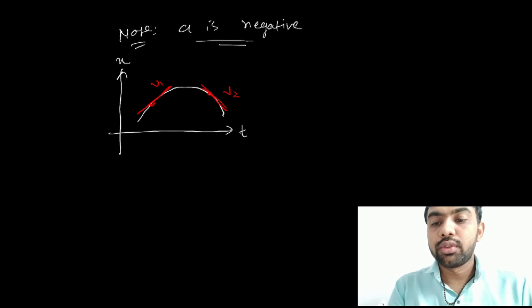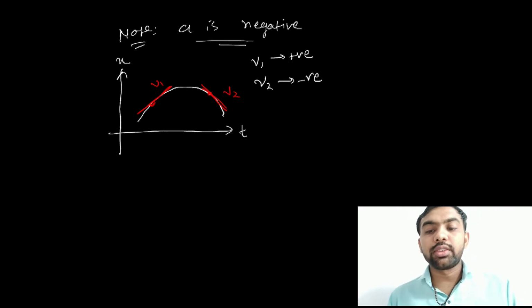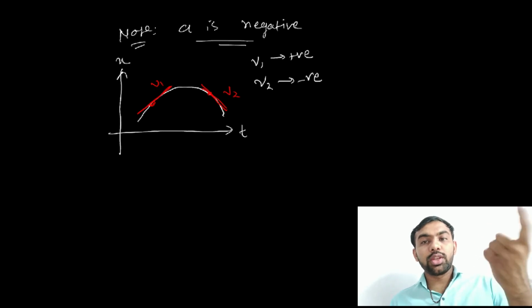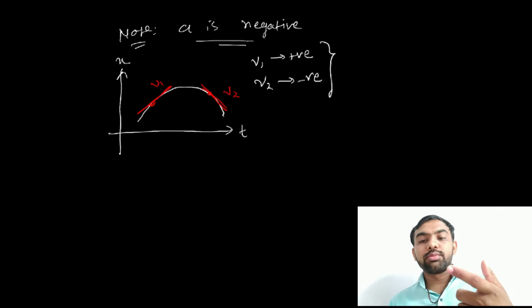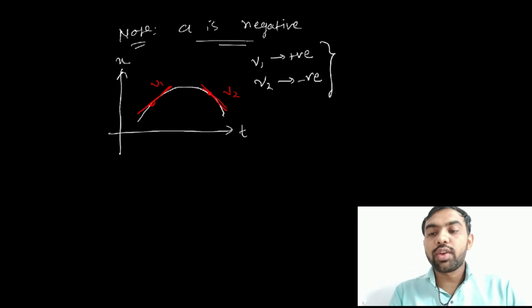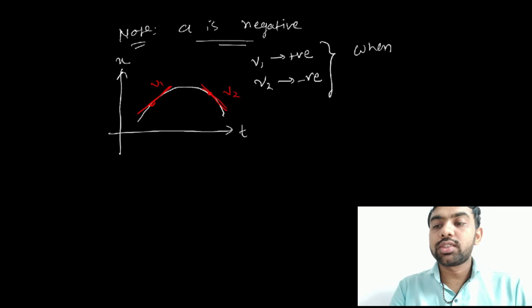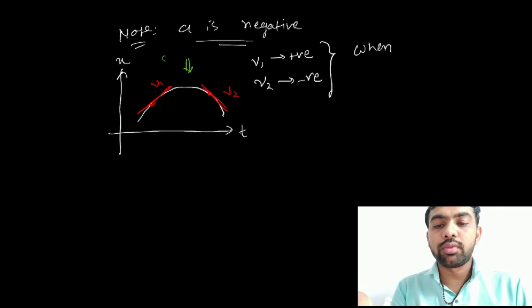देखो यहाँ पे क्या है? v1 पॉजिटिव, v2 नेगेटिव. सो मतलब वेलोसिटी डिक्रीज हुई कि नहीं? पॉजिटिव से नेगेटिव तो डिक्रीज हुई, तो फिर वेलोसिटी डिक्रीज हुई मतलब दैट्स इन दिस केस A is negative. In this case A is negative, retarding motion. In this case, what is this? Retarding motion. So when you just see the graph from the top, see the graph from the top.